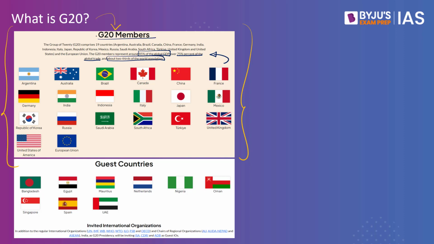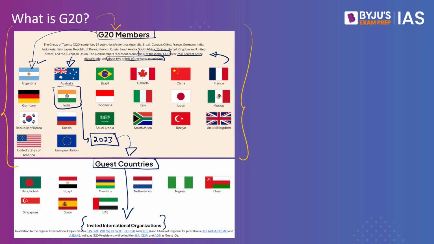So this is what makes G20 a significant grouping that brings together the top developed economies, industrialized nations, developing and emerging economies. Every year, one of the member countries gets to host the G20 presidency and lead the G20 negotiations by setting the agenda. And for 2023, India will be hosting the G20 presidency, and as the chair of the G20, it gets to invite a few guest countries as well, along with inviting other international organizations. So here we have provided a list of guest countries and international organizations invited by India to participate with the G20 grouping.